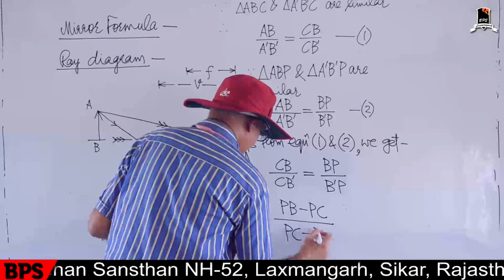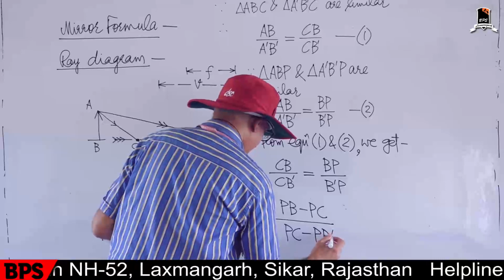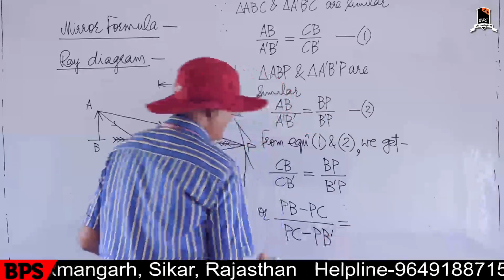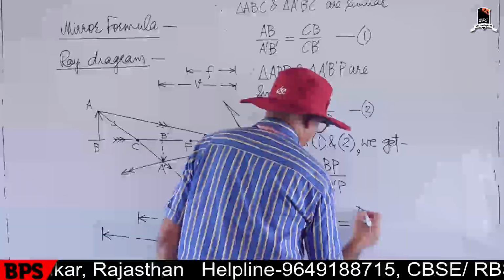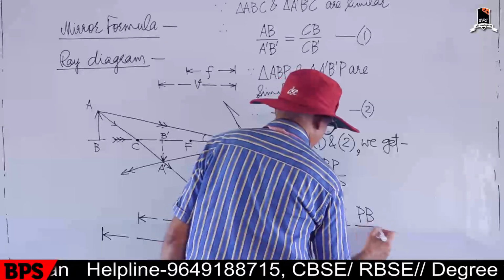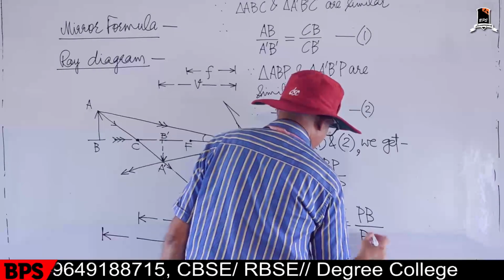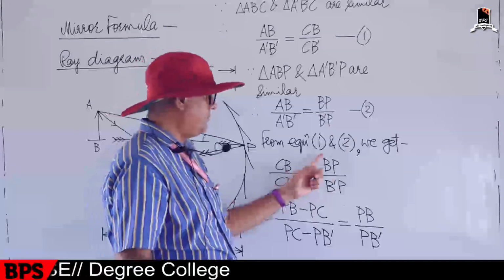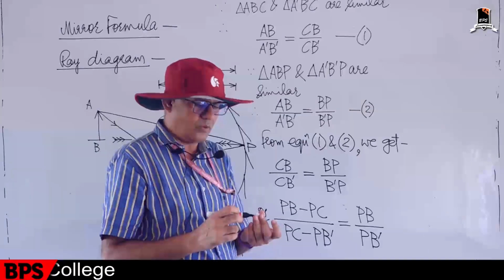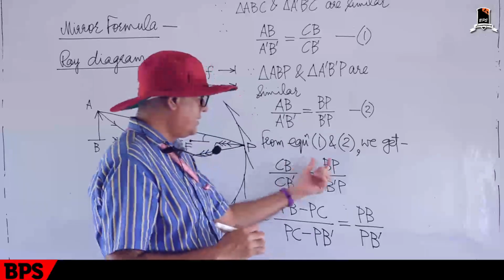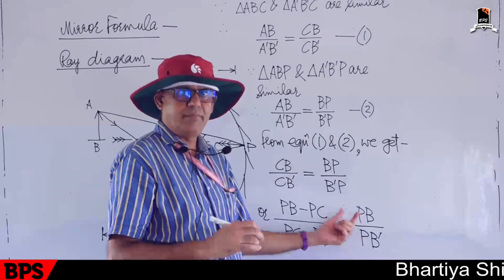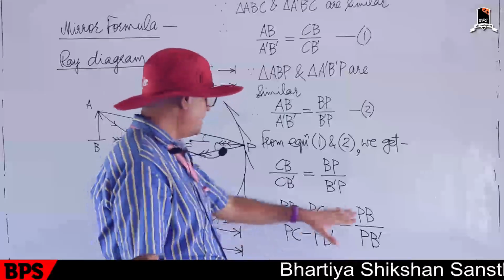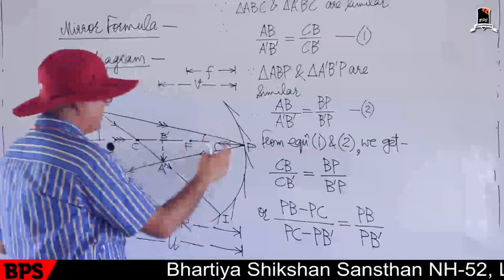PC minus PB dash is equal to PB divided by PB dash. There is no change. If you write BP or PB, there is no change. The distance remains the same magnitude wise, but since we are going to measure all the distances from this